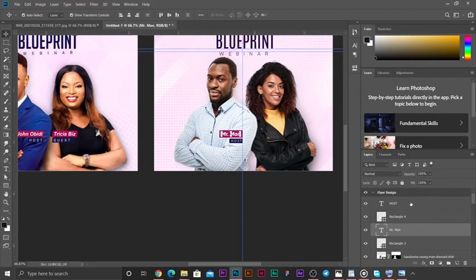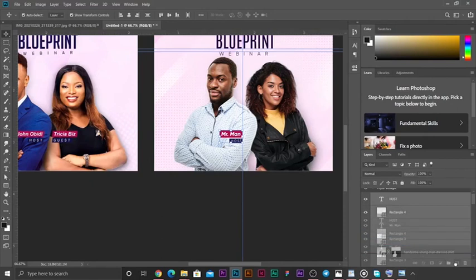So instead of selecting them from here, I'll come over to this place. I'll hold the topmost layer, holding down my shift key on my keyboard, and go over to the last layer of the items I want to select. You see the 4 items are now selected, the thing at the top and everything in between. So I will now drag down to the new layer icon, create new layer. So once I click on it,